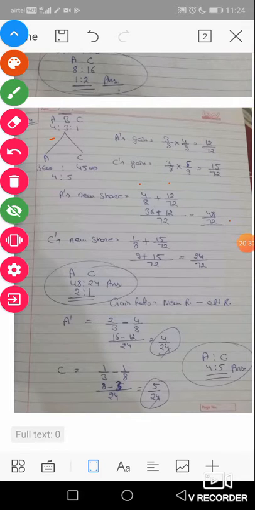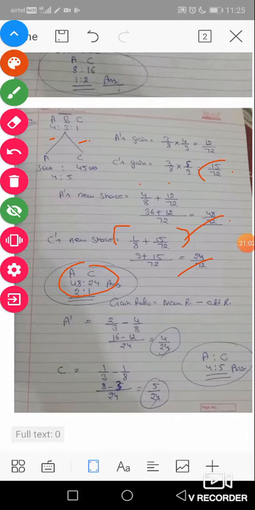For C, the old share is 1 upon 8, plus 15 upon 72, which C gets from B also. After calculation this is 24 upon 72. 72 is cancelled, so 48 is to 24. In short, 2 is to 1 is the new ratio of A and